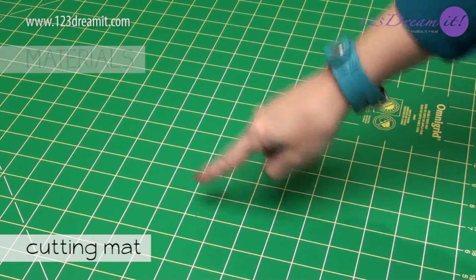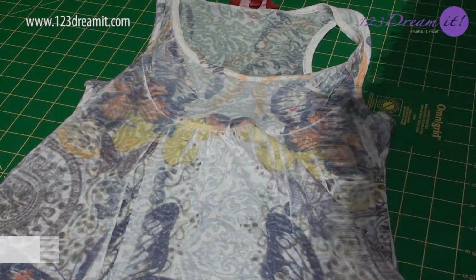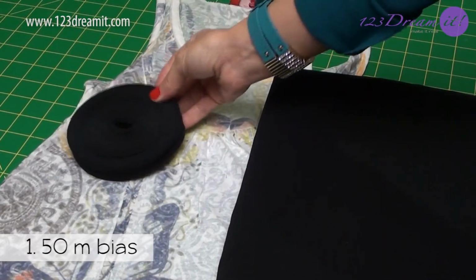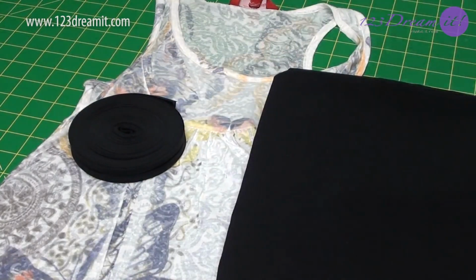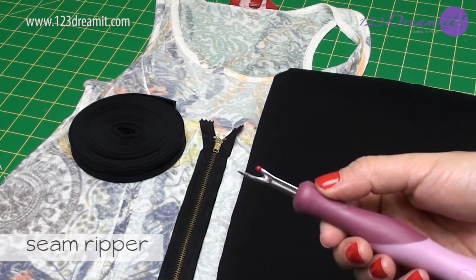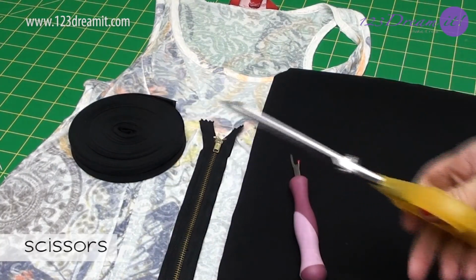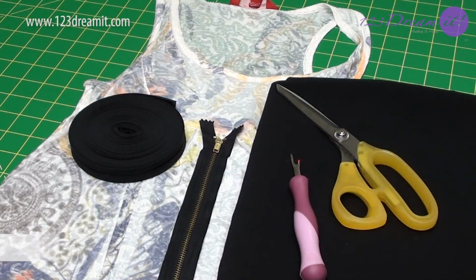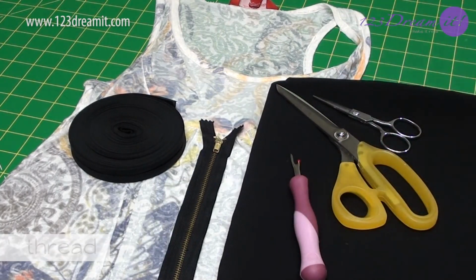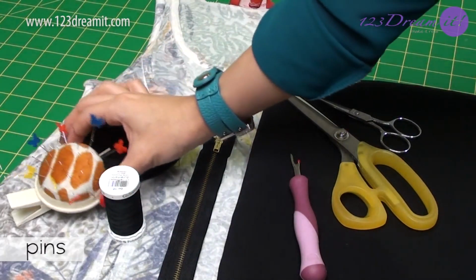A cutting mat, a shirt you like and want to remake, 1 meter of fabric you like, 1.5 meters of bias. If your fabric isn't elastic, we recommend you a zipper so you can wear it, a seam ripper, scissors, small scissors, thread, pins,